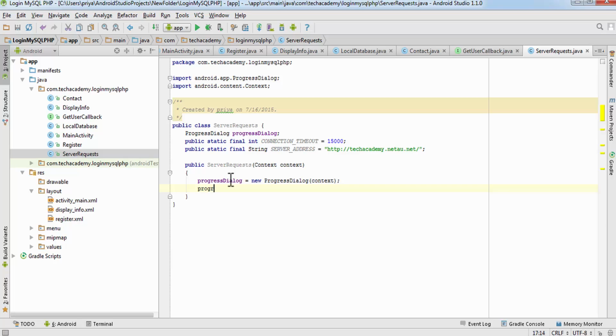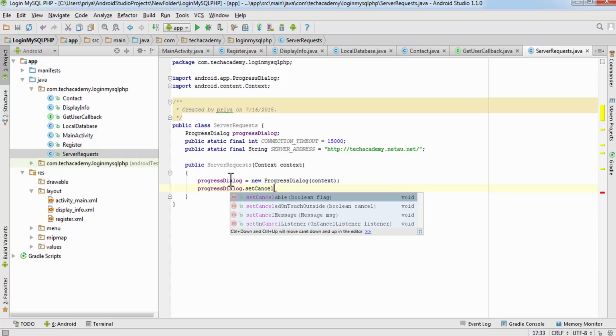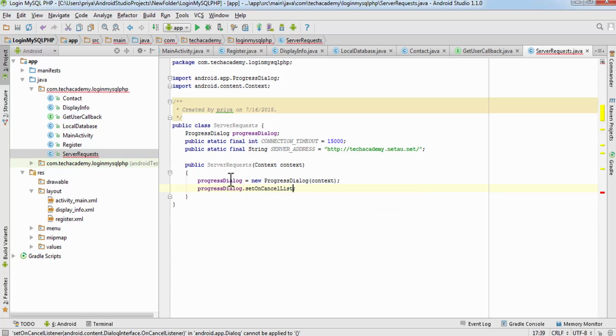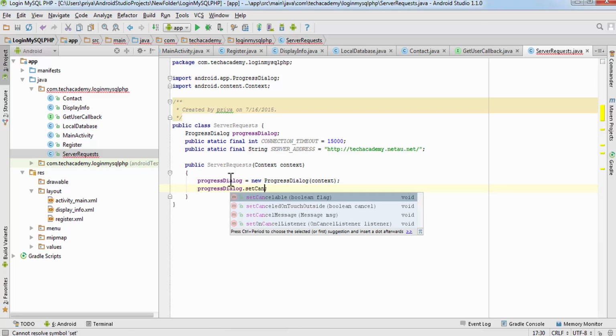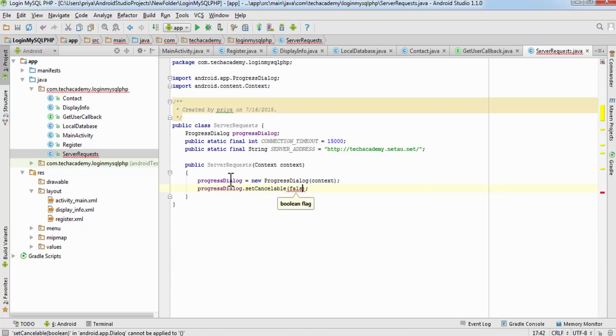Now progress dialog dot set cancelable, and here make it false. So the user can't cancel the progress dialog. It will show processing, so it won't be cancelled.